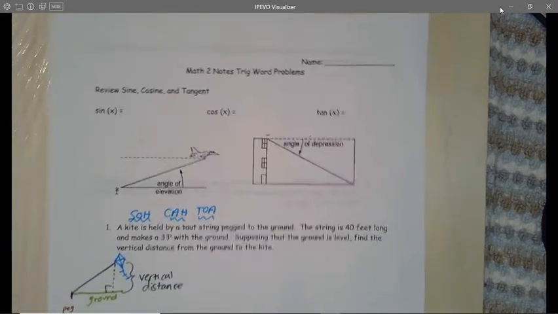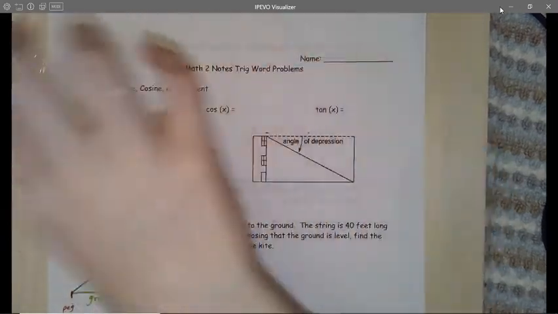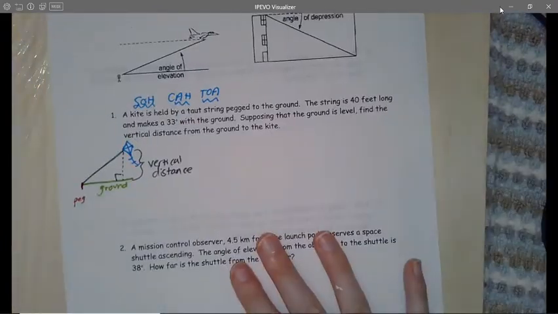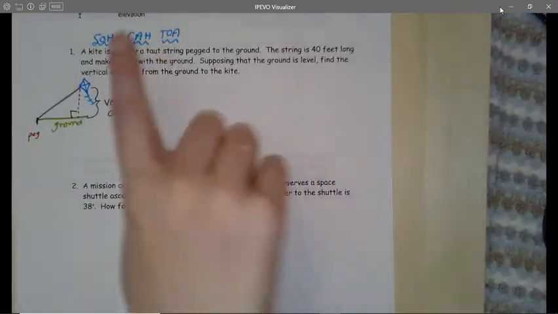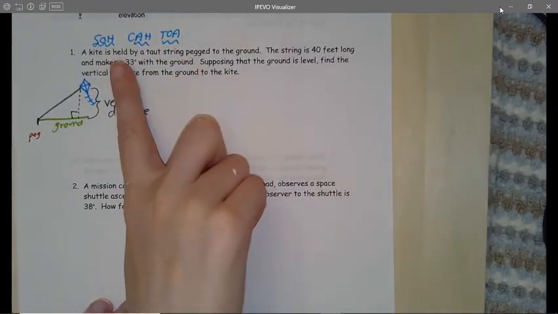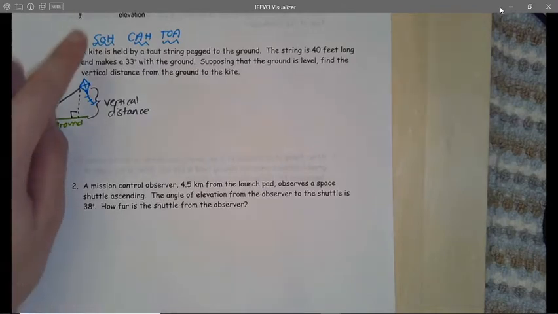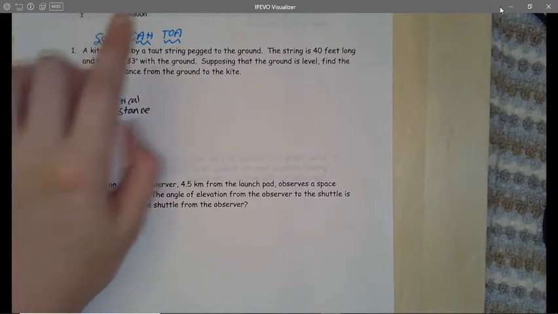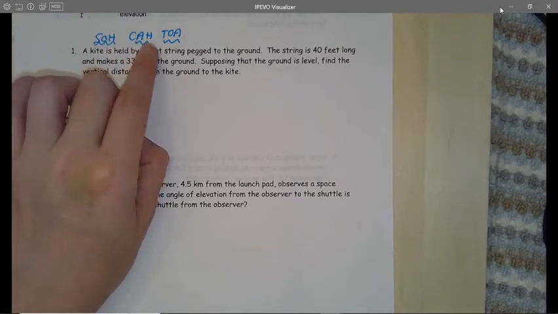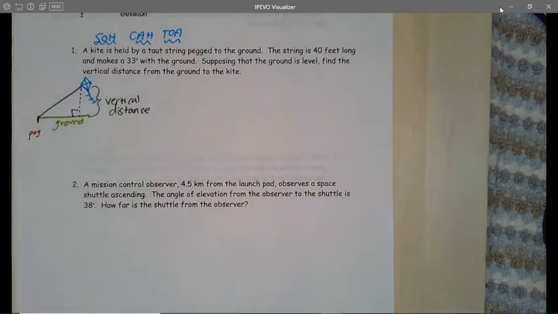Anyway, so the part at the top, this is where you're going to be taking your notes. Okay, the problems will be on the front and the back of the paper that I gave you. Okay, well, let's look at example 1. And I wrote our little acronym at the top, SOHCAHTOA. Sine, opposite over hypotenuse. Cosine, adjacent over hypotenuse. Tangent, opposite over adjacent. So keep those in mind because what's going to happen, you guys, depending on what we're